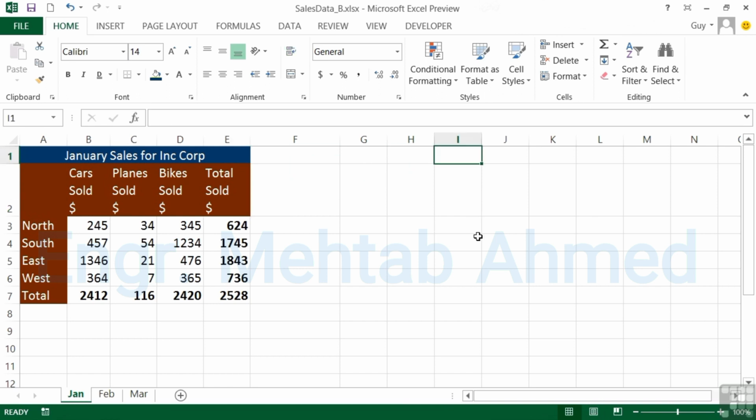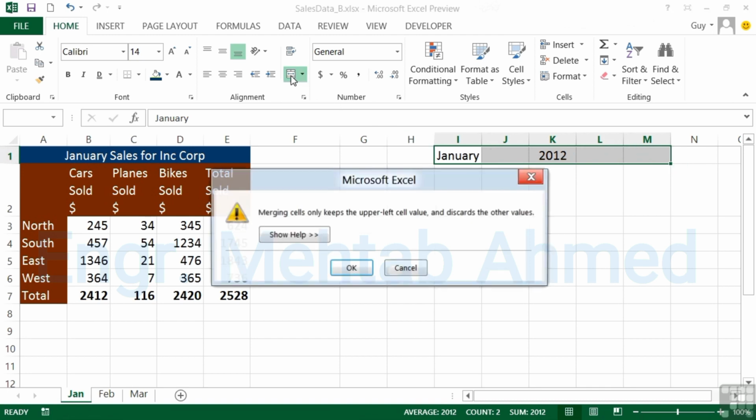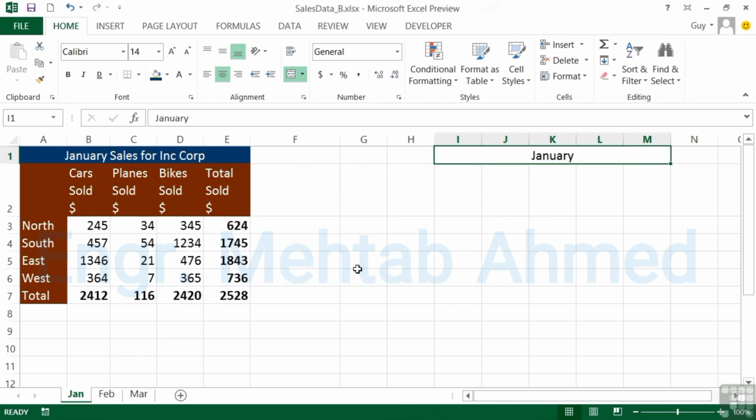If, for example, I were to try it here, so let's have January in there, and then 2012 in there, and I highlight across. So I've got 5 cells selected. I then go to merge and center. It says merging cells only keeps the upper left cell value and discards the other values. So I'm going to lose that 2012. It will merge all the cells together, but not their contents. So when I say OK, I'm left with January as a merged cell across the lot, and the other cell contents disappear. So be a little bit careful when using it, but it's great for headings